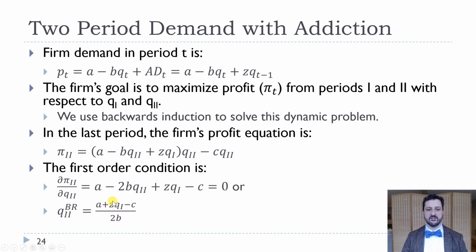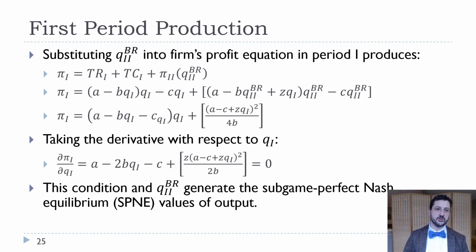And so the way you can think of it is that there's a spillover effect of the amount that you produce in and sell in period 1 into period 2. And that's going to change our period 1 and 2 amounts. So in the first period, we're just going to substitute in that best response into the period 1 profit. And so our period 1 profit then